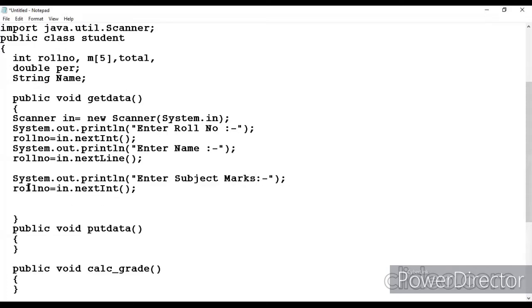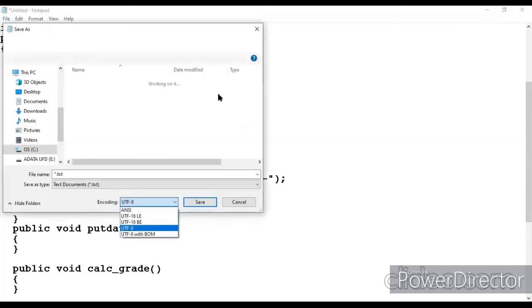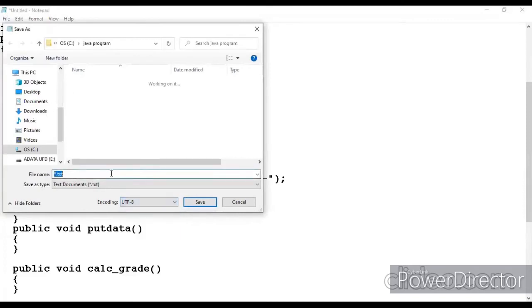This is only for one subject, M0, because the array indexing should be written as 0.